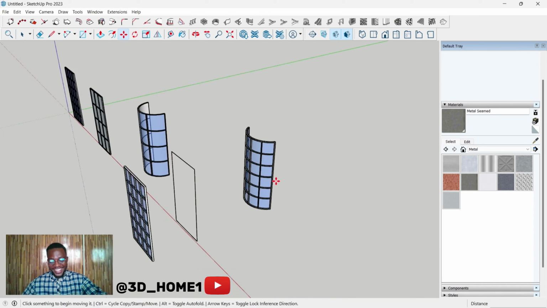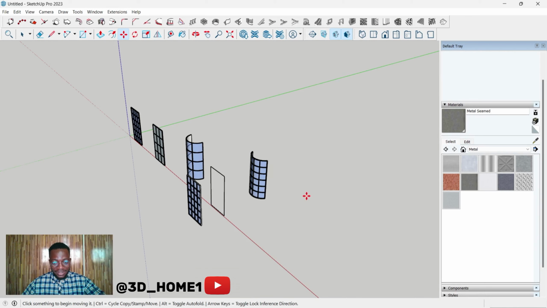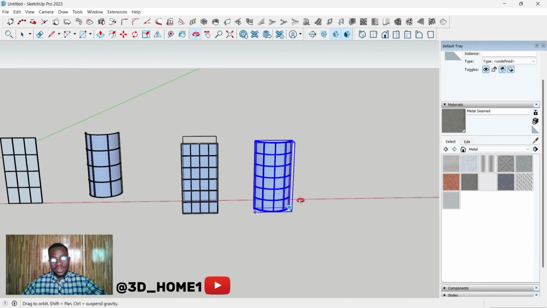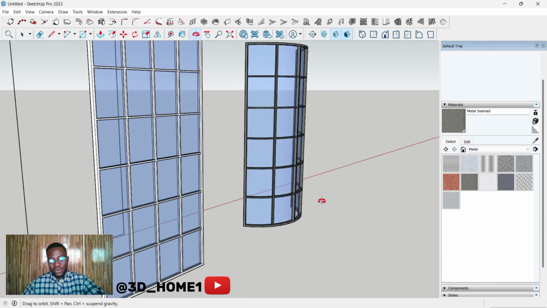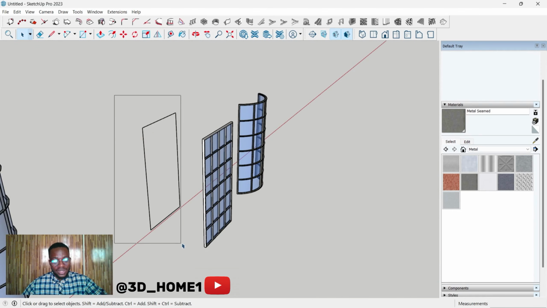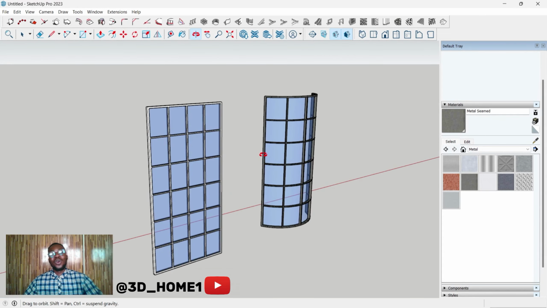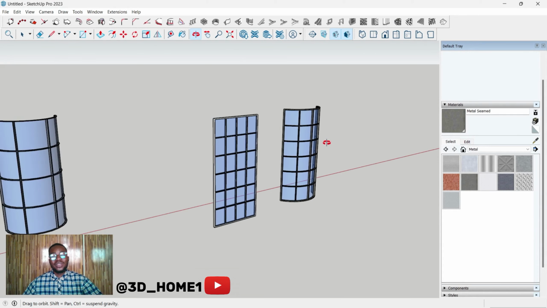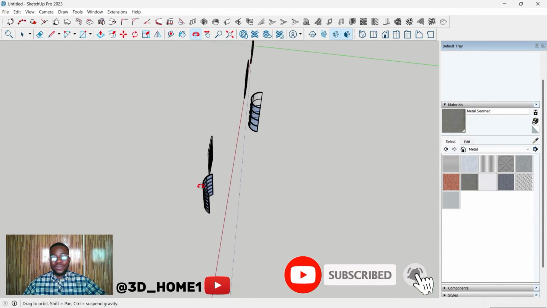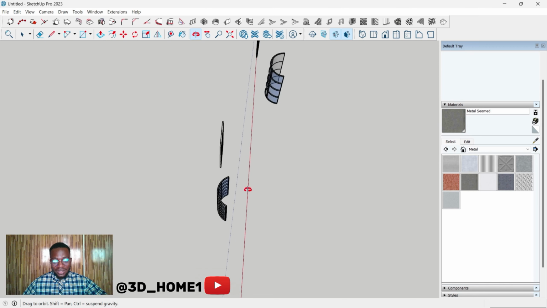You can see the same dimension, the same everything, the same detail, but we have different kinds of window. This one is curved, while this one is just a normal straight window. Let's remove this one. So this is how to model a long staircase window in SketchUp, and also how to model the curved one. It depends on the curve. You can decide to make this window zigzag, but make sure it doesn't fall outside those two lines